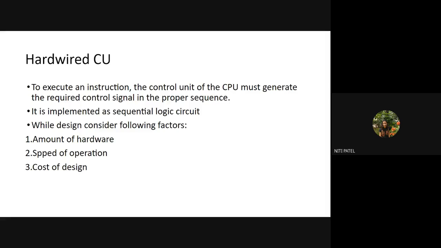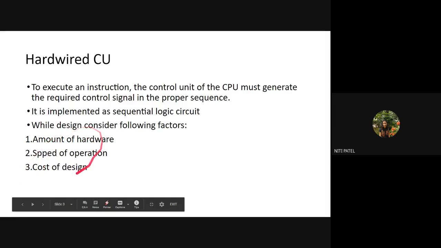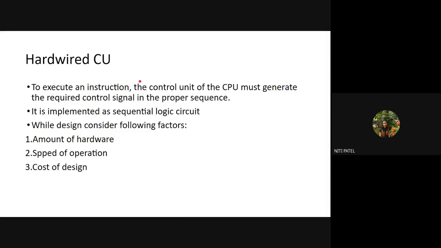So if I select hardware number 1 and 2, and if its cost is 2000, but if I select hardware 3 and 4, its cost is 1000, I will always prefer the cost which is 1000, not the cost which is 2000. Okay, so I have to look at all the hardware, identify the cost of the hardware, and then decide what should be the cost of the entire design. So these three things have to be considered before I select a hardwired control unit for my design work.